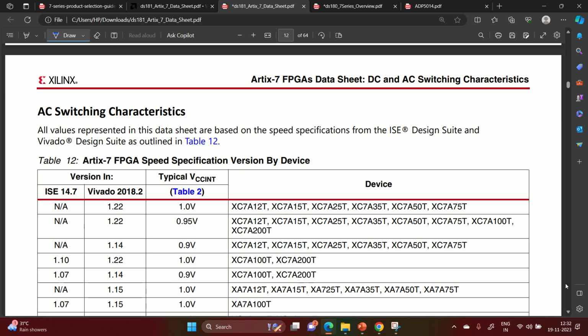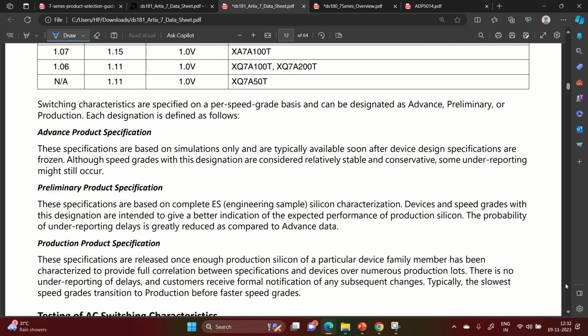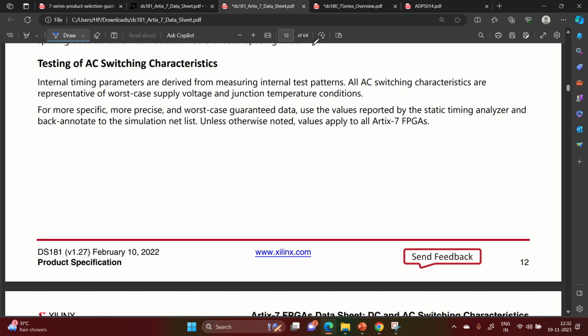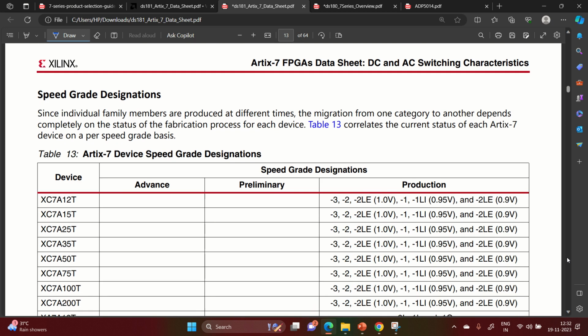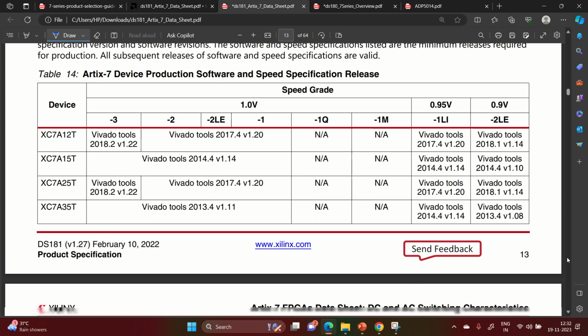We have switching characteristics and other things. So it has around 64 pages of documents, and the amount of information that I have given you is more than enough for your power supply sequencing and power supply design considerations. Okay,